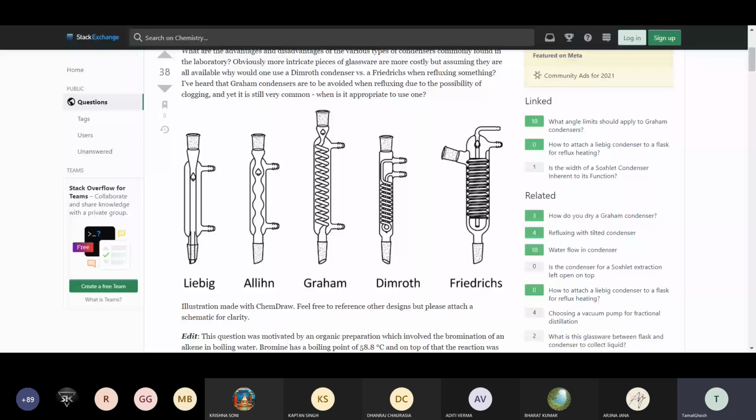If it is a normal type of aqueous solution, someone can use a Liebig condenser. Once the condenser is fitted, it will be bringing the solvent back into the reaction mixture again. So this whole thing, the vaporization of the solvent, going inside the condenser, condensing back to the solvent and coming back to the reaction mixture,